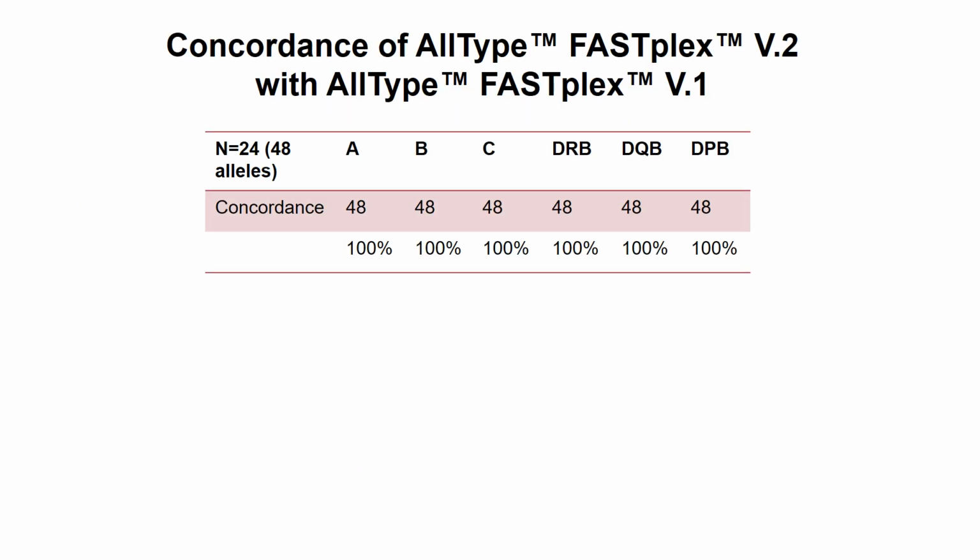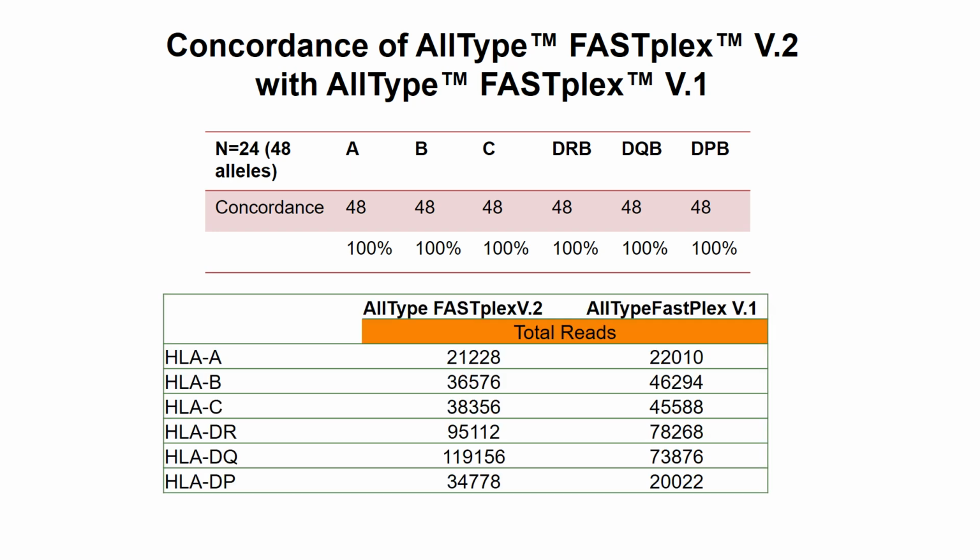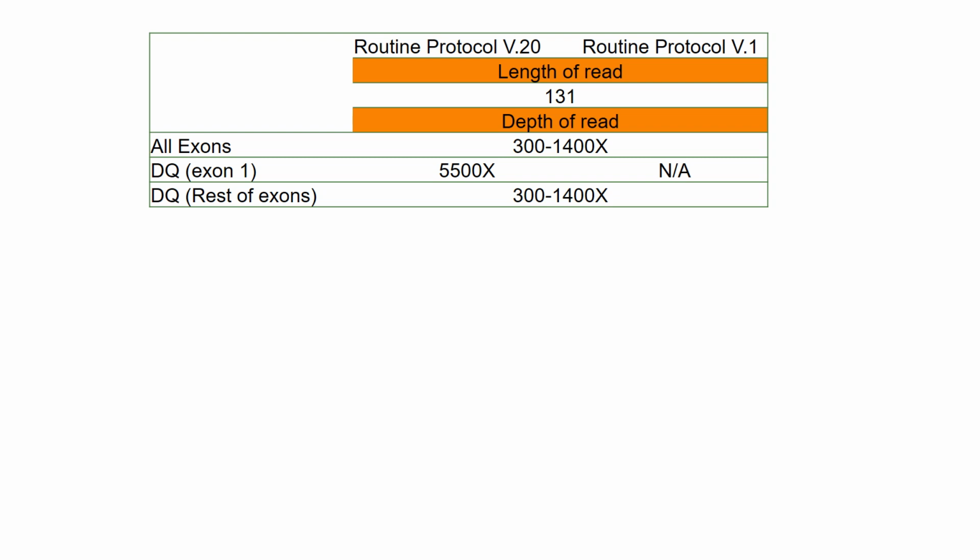FASTplex version 2 achieved 100% concordance with version 1. We just noticed when we looked at the total number of reads comparing FASTplex version 2 to version 1 that the total number of reads of the ABC loci was very similar between the two protocols, but for DR, DQ, and DP, the total number of reads were significantly higher, and probably this is because of the addition of exon 1. The length of reads were similar between version 2 and version 1, and the same for